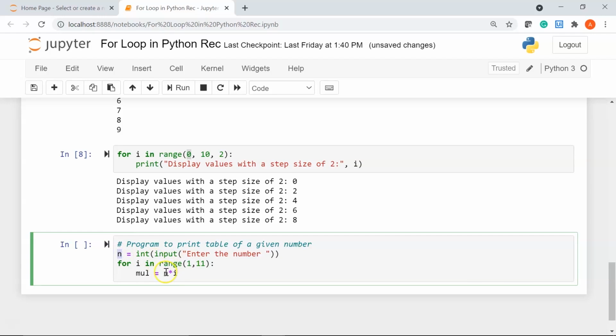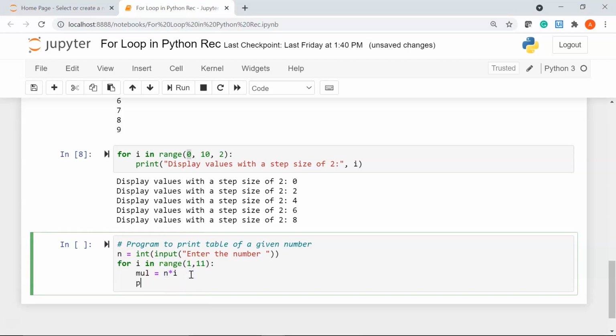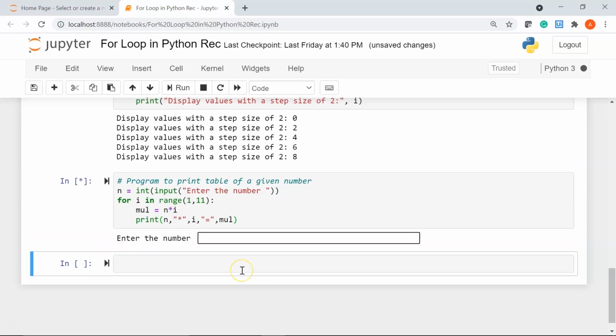So from 1 till 10 we will have the product of the numbers. Let me print it. I'll say print n, comma, within double quotes I'll give my asterisk, comma i, comma, within double quotes I'll say equal to, and then we'll have our variable mul.